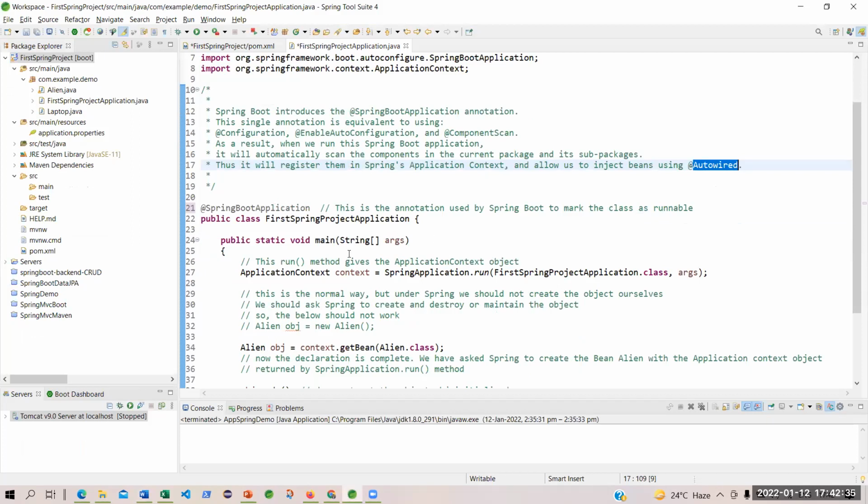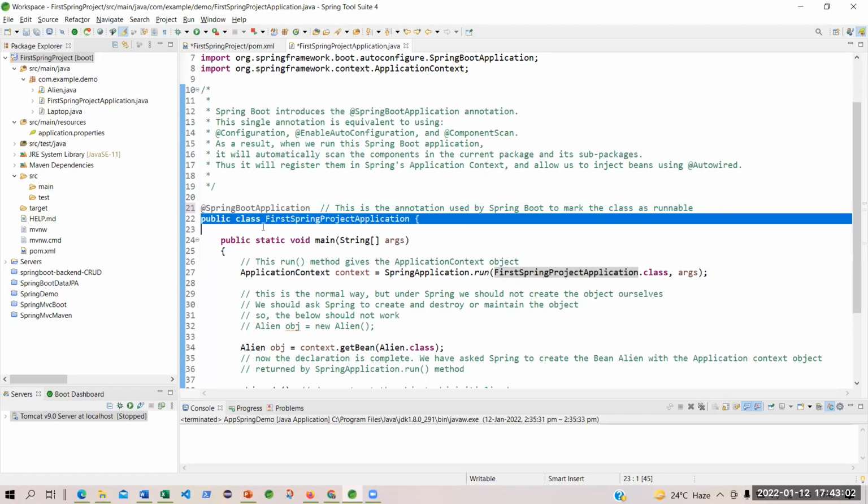So remember, this first application, Application.java, the project name Application.java, has been created by the Spring Boot project itself. And this annotation, did I write it in a single line? Yes, this is already done, but I can guarantee you I have not written this annotation. This class statement I have not written.